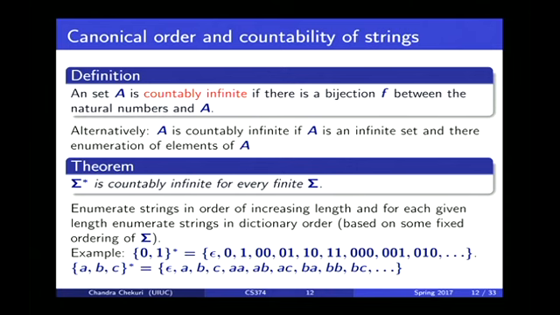Okay. So here is how I'm going to order. Take 0, 1 as the alphabet. It's the same for every other finite alphabet. You simply order the strings first by increasing length. What is the length 0 string? Epsilon, so that comes first. Then what are all the length 1 strings? 0 and 1. Now, how should we order 0 and 1? Here we have to think a little bit. First, we'll order the alphabet somehow. Let's assume that the alphabet is ordered such that 0 comes before 1. Then we'll put 0 before 1,